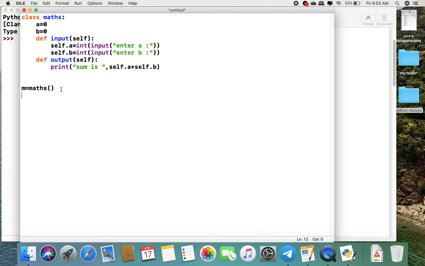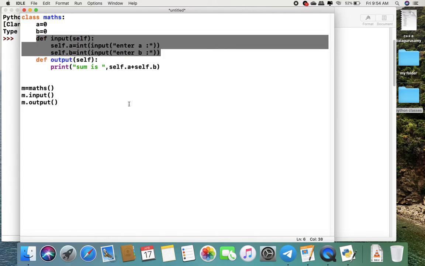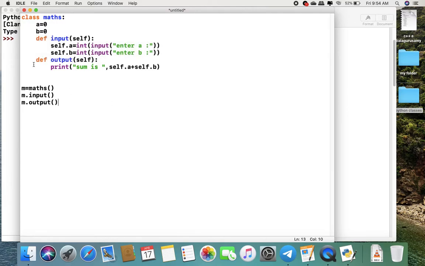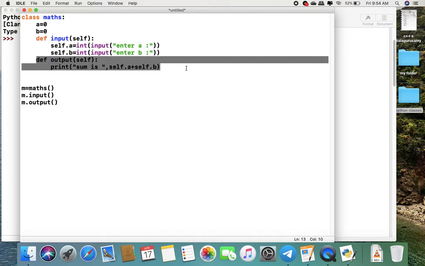Now with the help of m we can access all class members like m.input and m.output. First I call m.input, so the input function will be called first, then I call m.output, then the output function will be called.